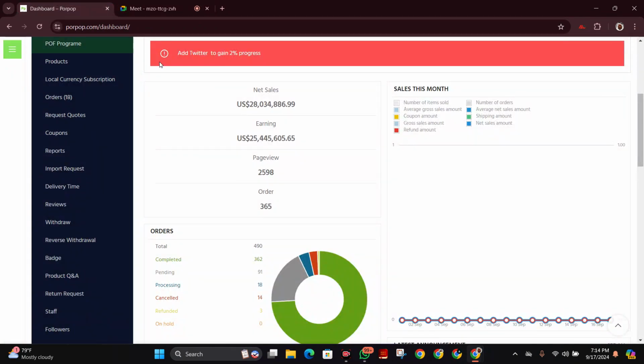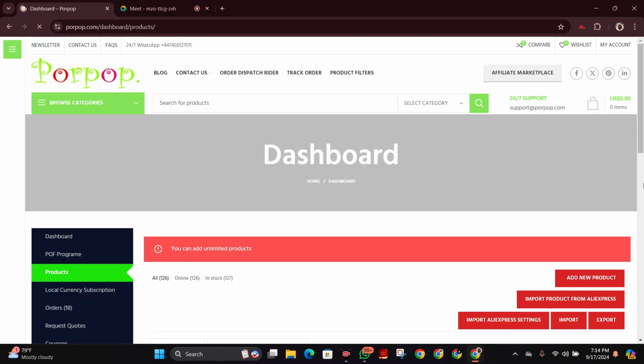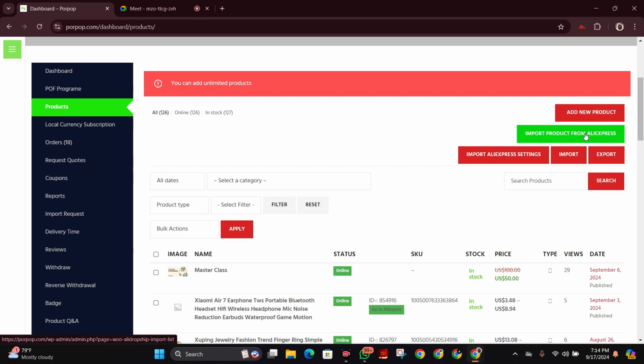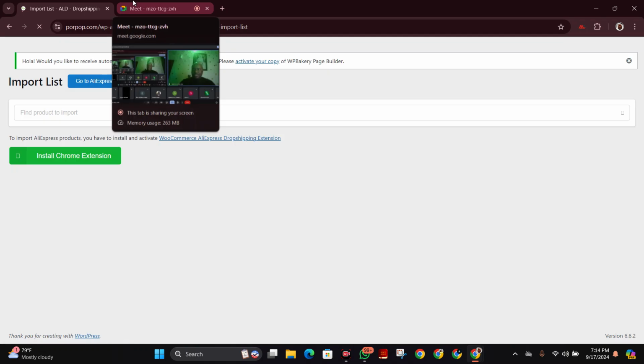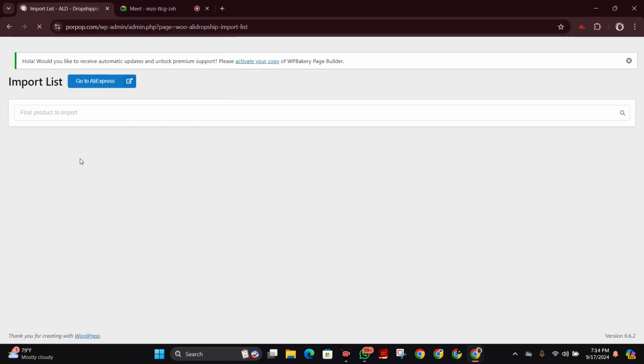And to begin, let's try something out. We are going to import a product right now, and we are just going to make it very fast. So we'll come down here to import from AliExpress. You come down to import from AliExpress and install the Chrome extension. Okay. Go to AliExpress, and